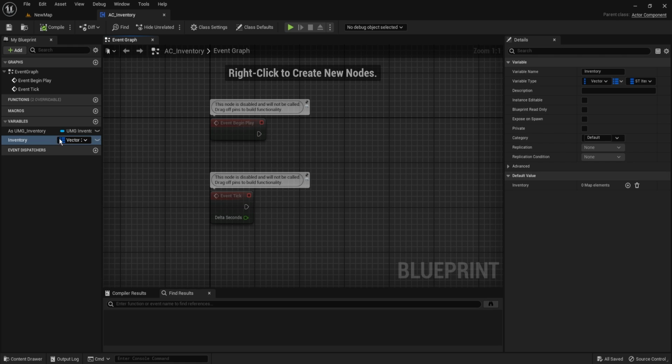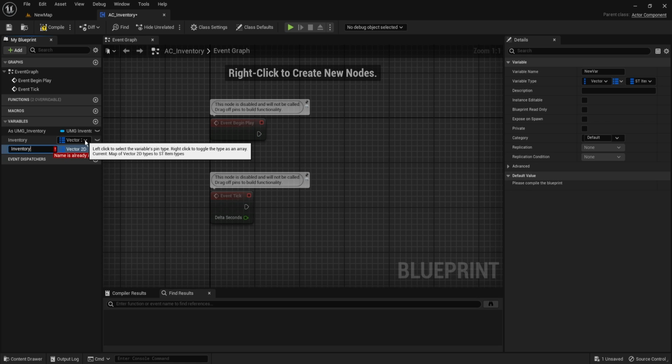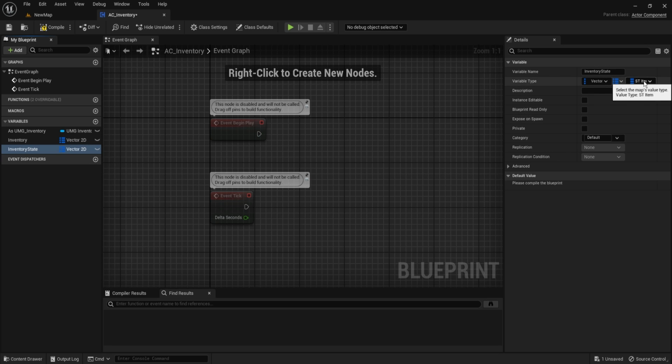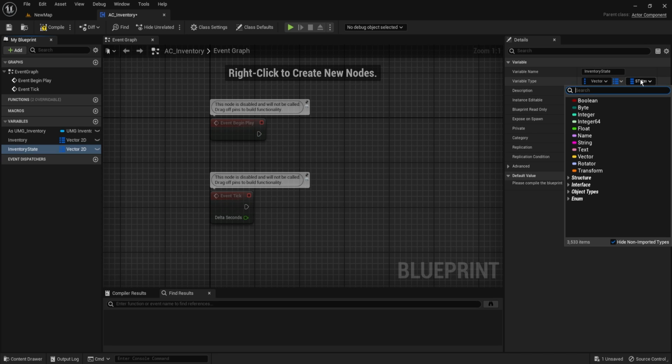So make sure you have vector2 as the key, otherwise, because they do look exactly the same, you wouldn't be able to tell the difference, so just make sure you have the vector here. Next, we're going to need another one, which we're going to be calling inventory state, and we're going to be using this here, but we're also going to have a copy of one inside of our grid. And so it's going to take a vector2 again,